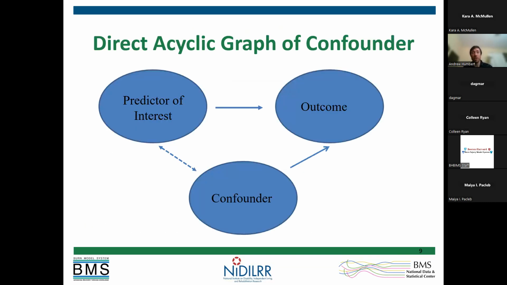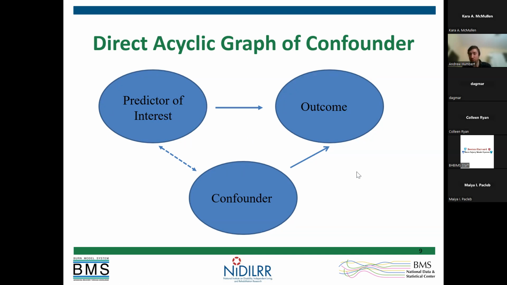And this is where these directed acyclic graphs can really be helpful. So in a nutshell, it's basically just a graph that outlines different associations between different variables. So this is a very simple graph looking at, what does it look like to be a confounder if we're drawing these kinds of figures? So our first bubble, we have that predictor of interest. And what we really want to know,